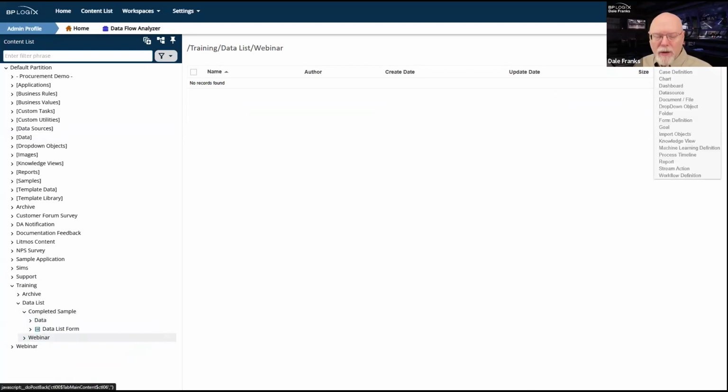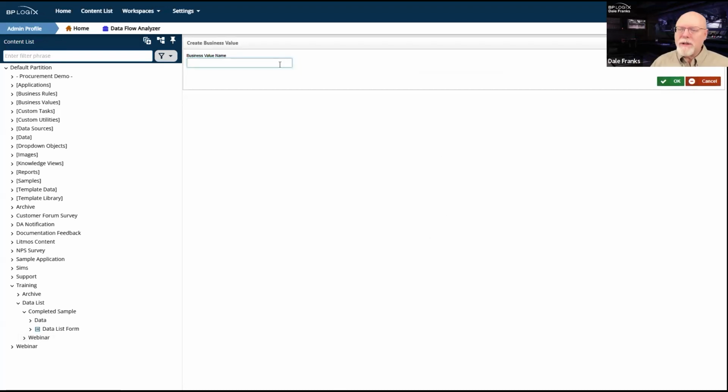Usually what we're going to do is base the data list control on a business value. And I need to create that business value. The business value actually exists, but we're just going to go ahead and recreate it because I'm going to need to make some SQL changes to it as this progresses, assuming that, of course, it all works and I can transfer my data without seeing that error. But we're going to power through this, and the first thing we have to do is build our business value for it. So I'm just going to call this business value webinar airports.